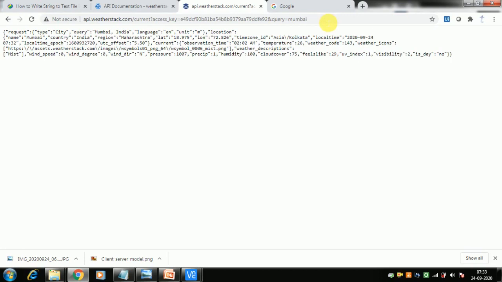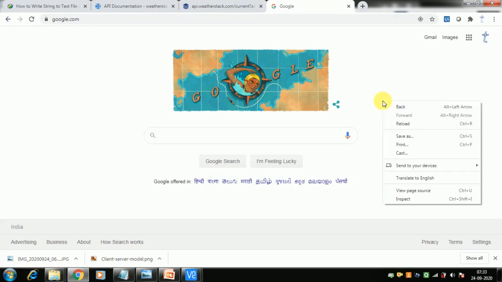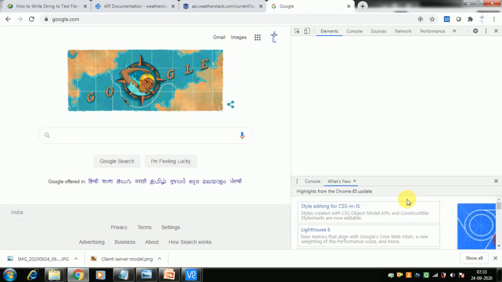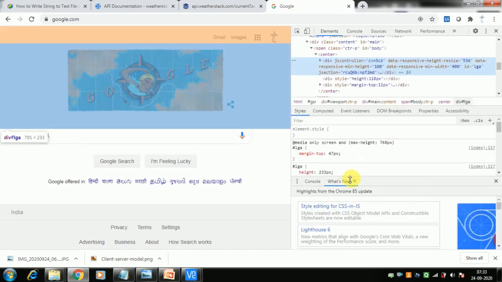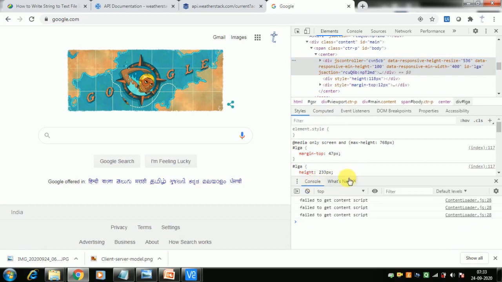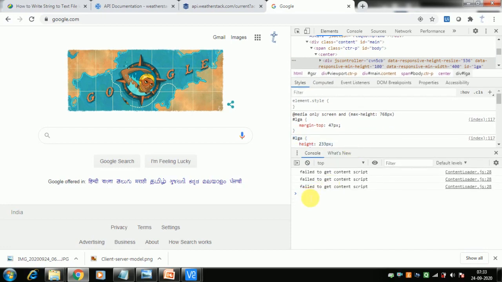Now let me give you a brief introduction to JSON. You can open any Google page and go to inspect. This part will open up, where we can try out certain things. Go to console. Just to show you what JSON is, I give you an example.